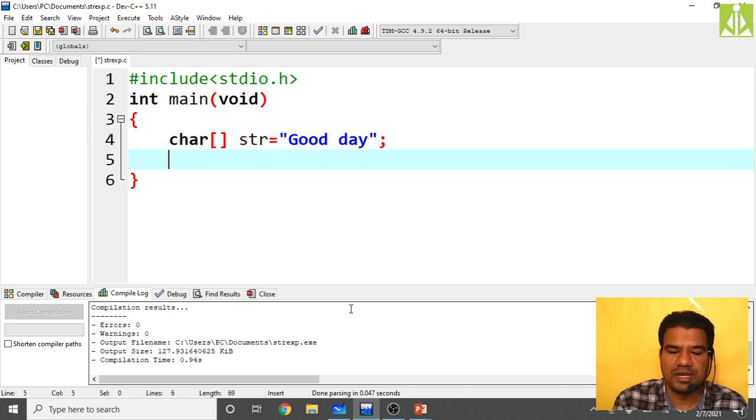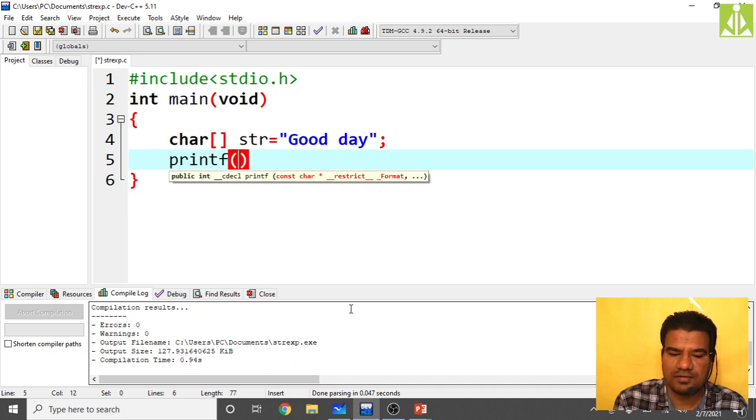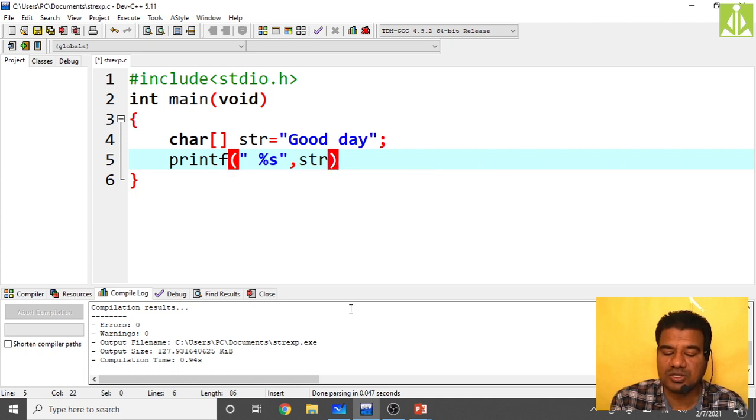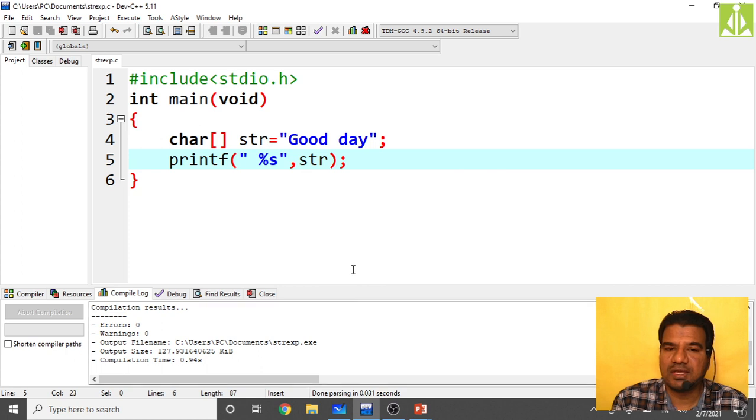Now, how can we print this string? printf, and %s we have to use. For a string, we have to use the conversion code %s, then str. Don't use ampersand over here because str itself is the address. Doing like this is absolutely fine.